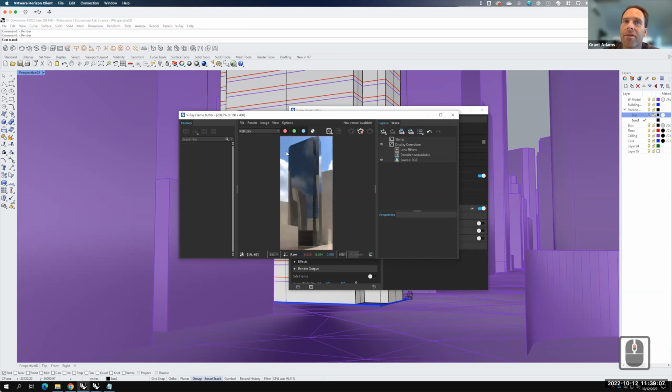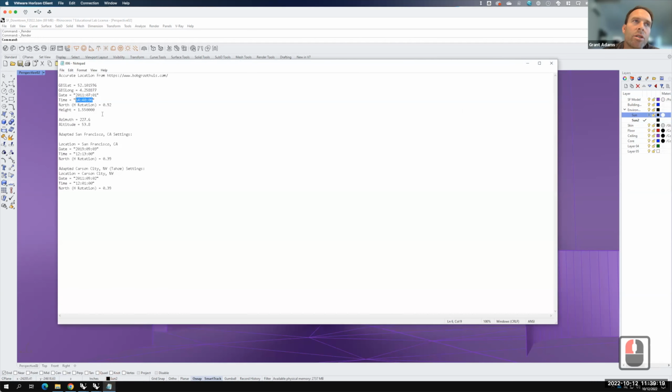So at this point, once I have the settings correct, I might be happy and go ahead and start, I could actually do a final rendering of it. So as I said before, I do have an adapted for San Francisco settings. So I could set my location to San Francisco. I could set my date and my time a little bit different, my horizontal rotation a little bit different, and this would give me the same results. It doesn't matter whether I use this set or this set, the positioning is going to end up being the same. I did this so that when you're doing